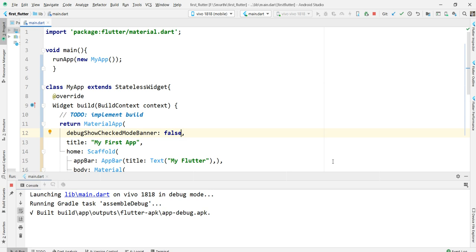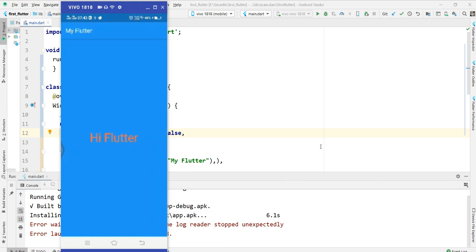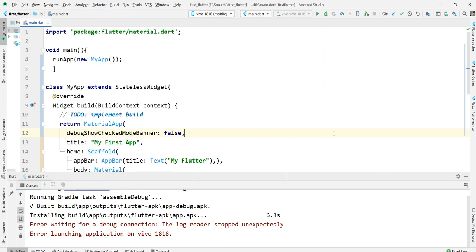It's installing. See here, it is installed. Now see, there is no debug mode. So this is how to remove the debug banner.